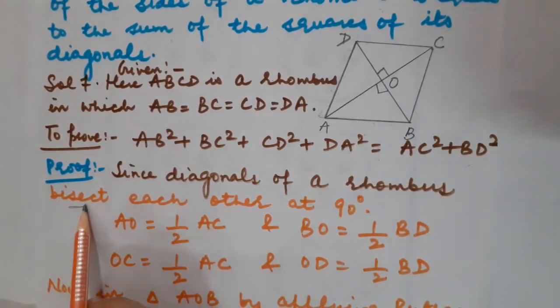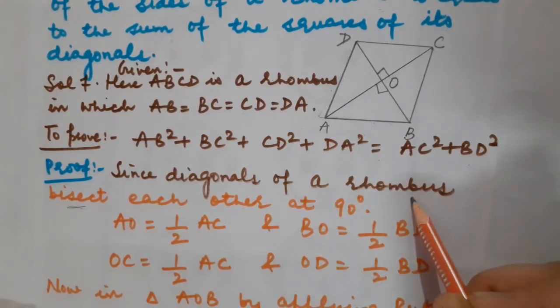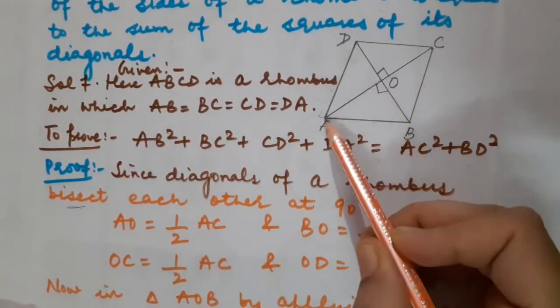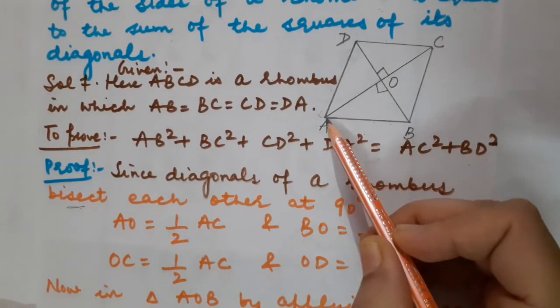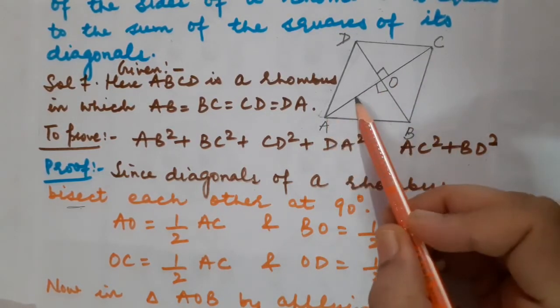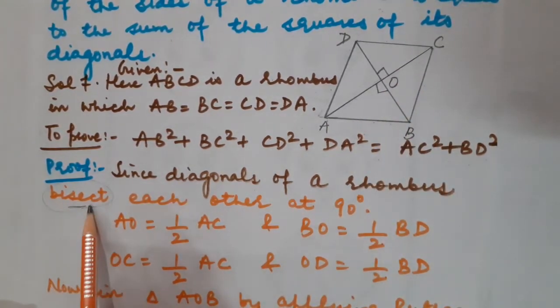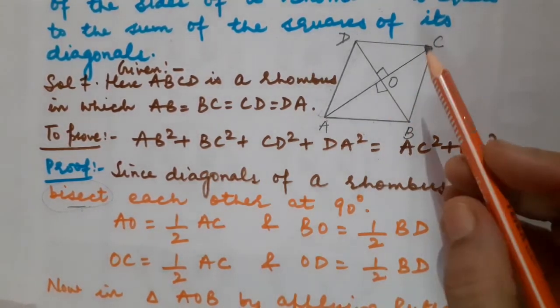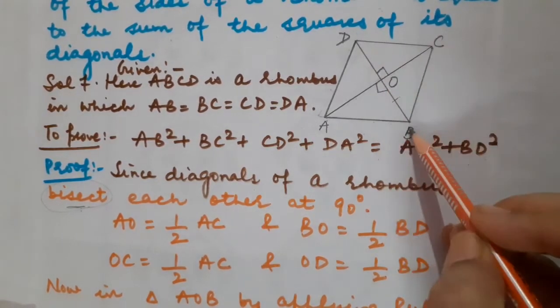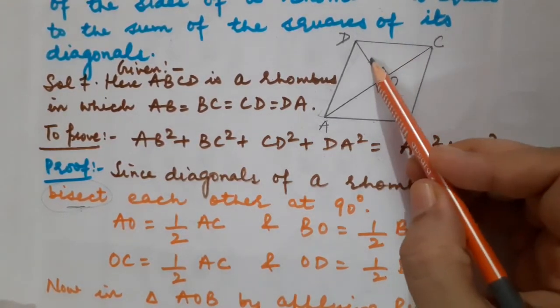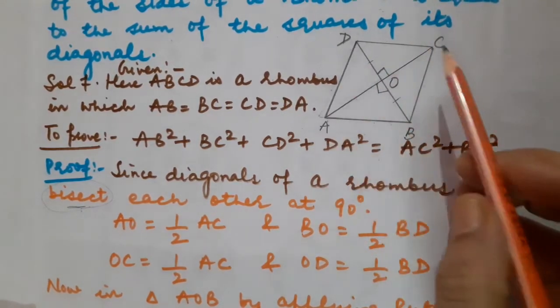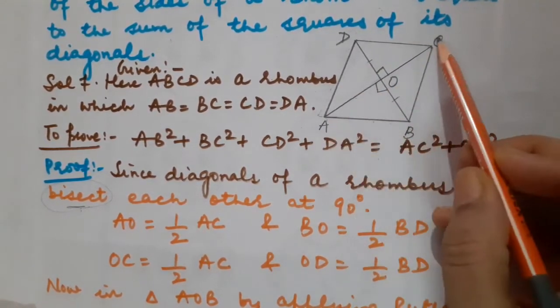They are bisecting each other. Bisecting means they are going to divide each other in two equal parts. So on the basis of this property, can I say that this AO is half of AC? Or in other words, I can say that AC is double of AO. Got it? But it is said that bisection is there. So bisection means it is going to be divided in two equal parts. So can I write that BO is half of BD? In the same manner, OD is also half of BD. Similarly, OC is half of AC.